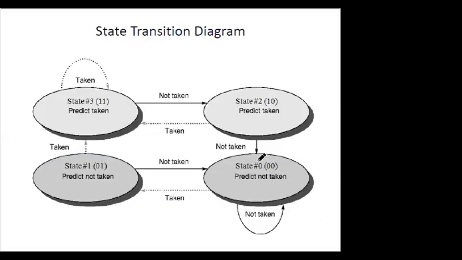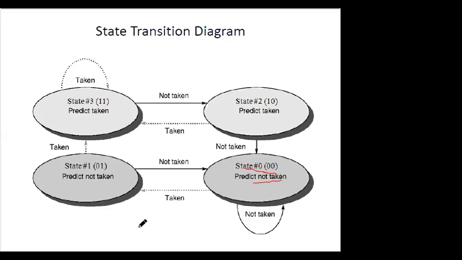So this is a state diagram representing the states of branch prediction. This is state 0, predict not taken, so it repeats not taken. Then in state 1, we have one not taken prediction, and it will switch over to this part. Then we have state 2 and state 3. In state 2, two are not taken and one is taken. And in state 3, one is not taken, whereas three are taken.